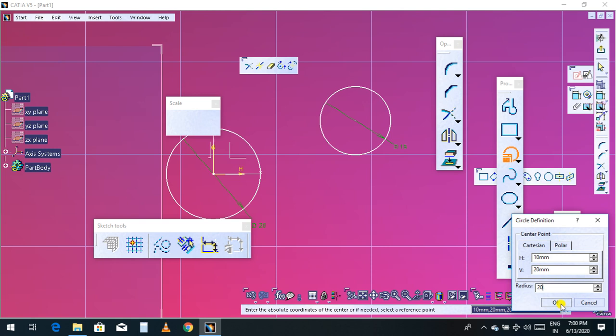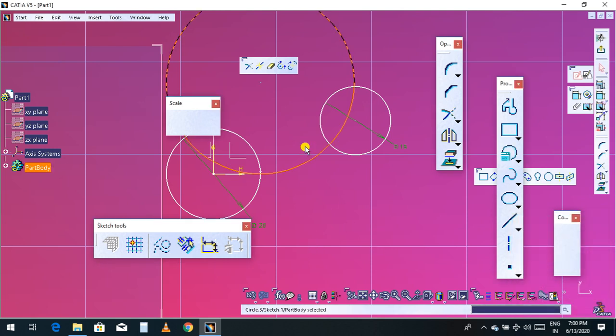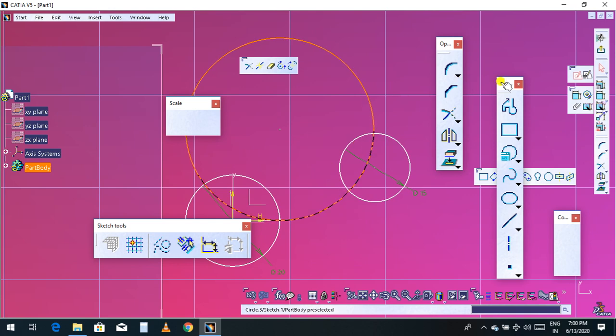Now if you click, this is the x-axis, x value 10, y value 20, and radius 20. Click OK. Now here, see, this is the circle. You can measure the dimension. See, the dimension is 40, the radius I gave is 20, so the diameter is 40, and this length is 10, and this will be the 20.